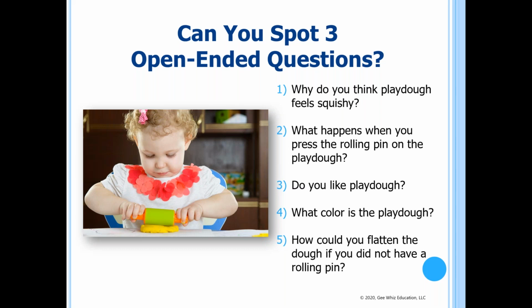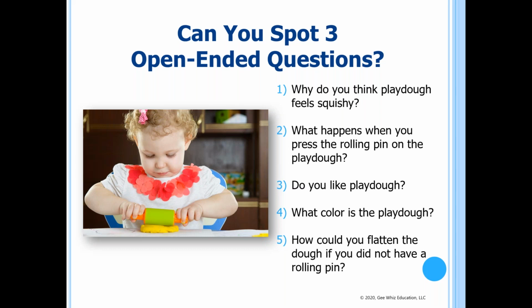then you can ask another open-ended question. What do you think is going to happen when you use whatever they've chosen as a rolling pin? And then you can encourage them to, after they've done it, compare their results to their predictions of what they thought was going to happen. And then if it turned out well, they might continue to flatten the dough that way. Or if it didn't turn out well, then you can challenge them to think of other ways, or other tools that they want to try to flatten the Play-Doh.